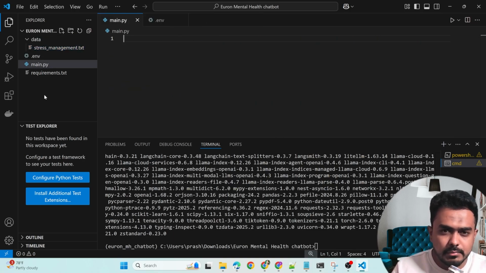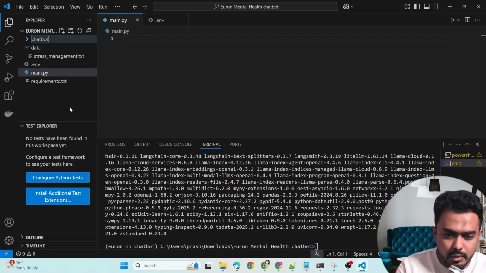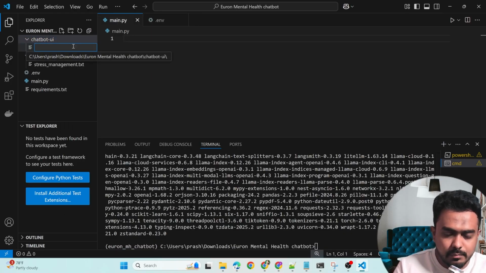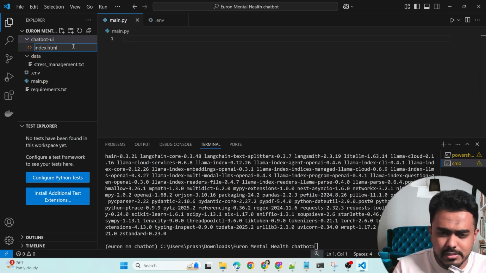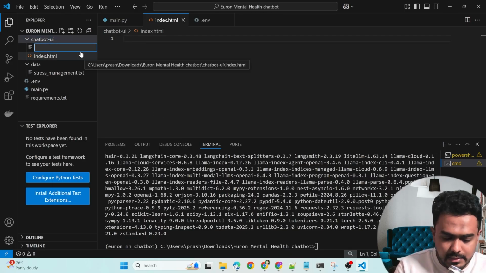Apart from that, let's create one more folder. I'll name this folder chatbot UI. Inside this chatbot UI, we're going to add all the front end part. We'll have three sections here, starting with index.html inside the UI. At the end, after adding all the scripts, we're going to add the code for the index.html. Right now I'm just creating a basic folder structure. We'll have the index.html,